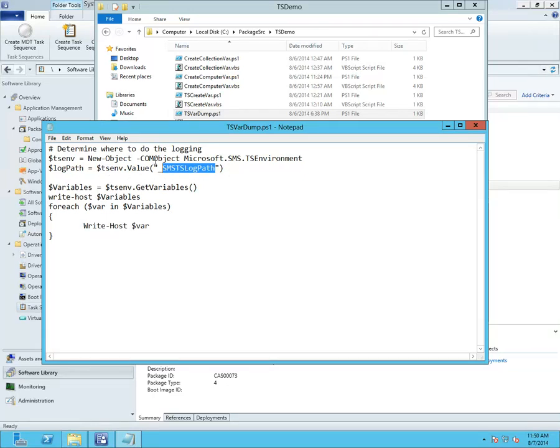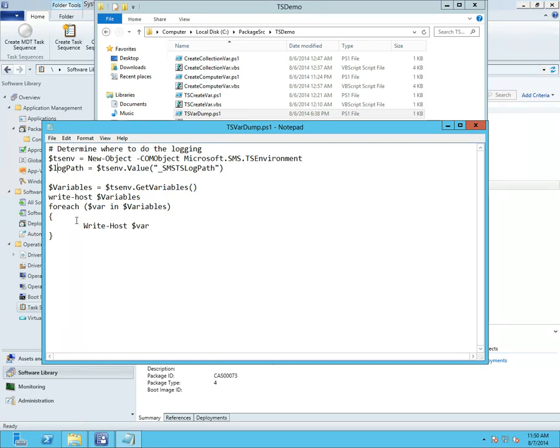This is interesting, right? Because with code, you don't have to set conditionals in a step in a task sequence. If you wanted to, you could just run code and have the code do different things based on the existence of a variable or a value for a variable or whatever, right? That's kind of getting off in the weeds, but I wanted to show it to you because that's a flexibility too. So here all we're doing is pulling the value of SMSTS log path and storing it in my variable,